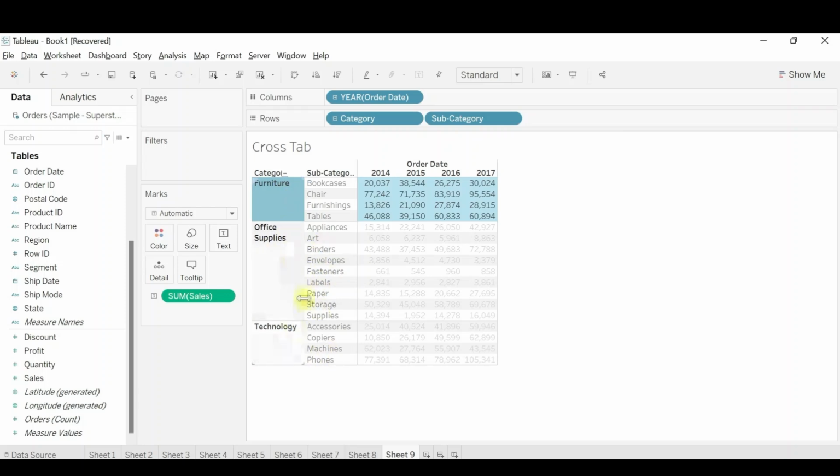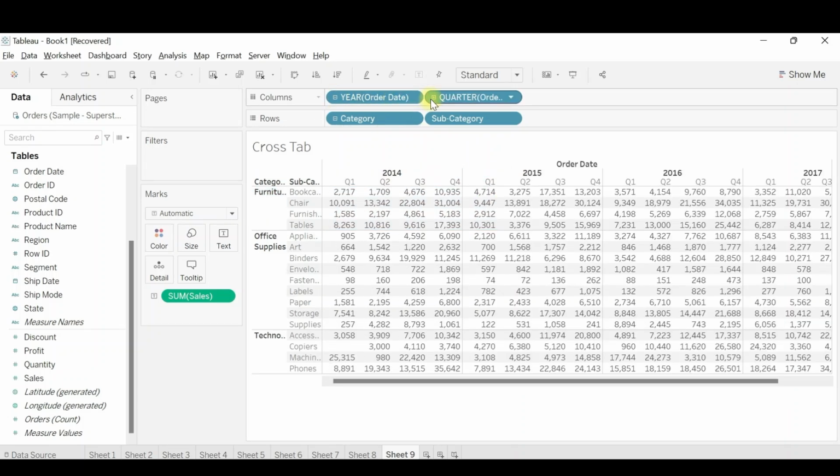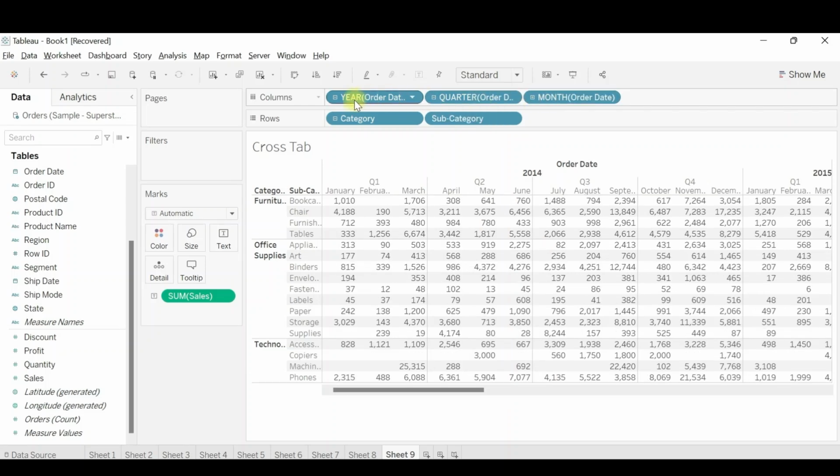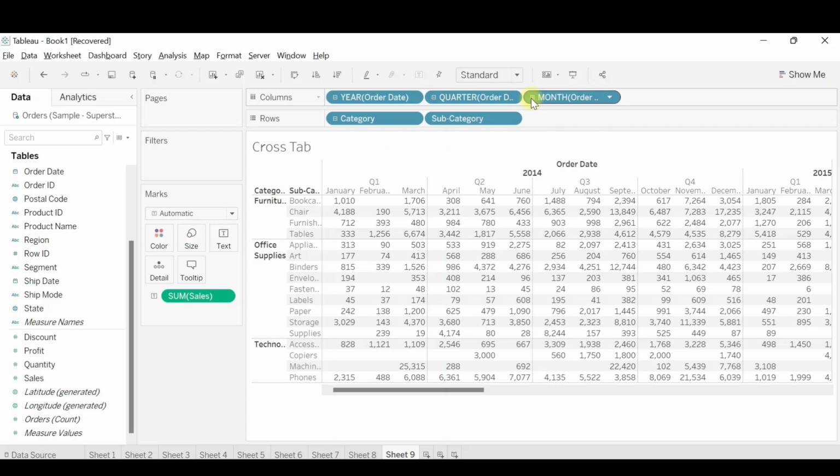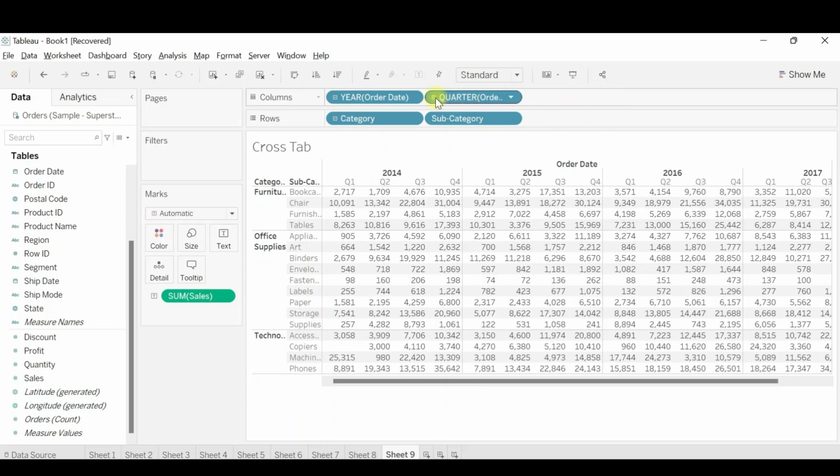This is across rows. If we want to do it across columns, we can click on the plus of year, and it will drill down to whichever level we want. If I click on the plus of year, it drilled down to quarter. If I click on the plus of quarter, it drilled down to month. If I click on the plus of month, it drilled down to day. And you can see the division of data accordingly. If we want to go back, I can click on the minus of the higher levels, and it will drill up accordingly.